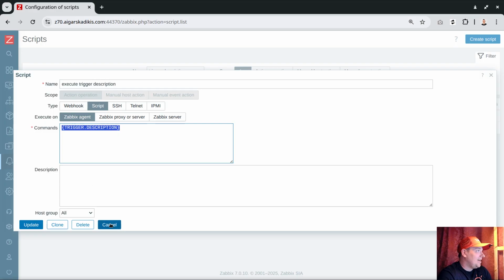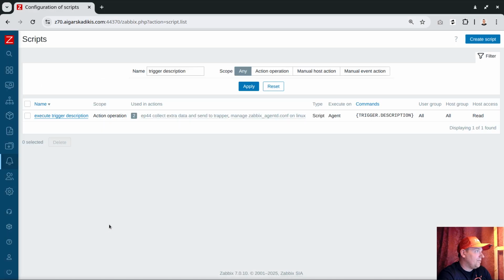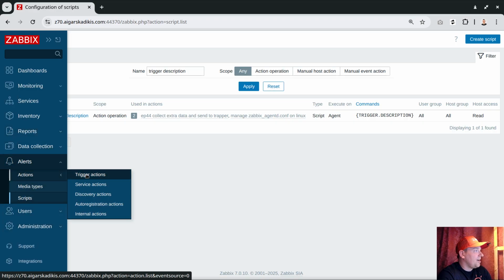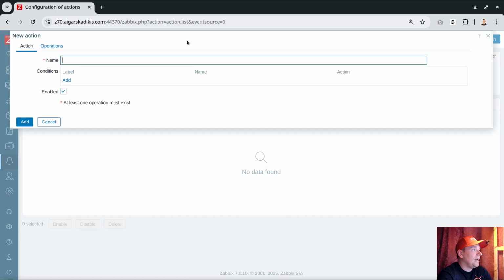Okay, so this is the action. We have to make that already, and I'm using this method already in my other actions. Now let's create a very dedicated action to deal with this particular use case, and it must be done under the alerts, actions, trigger actions, create action. I call it execute trigger